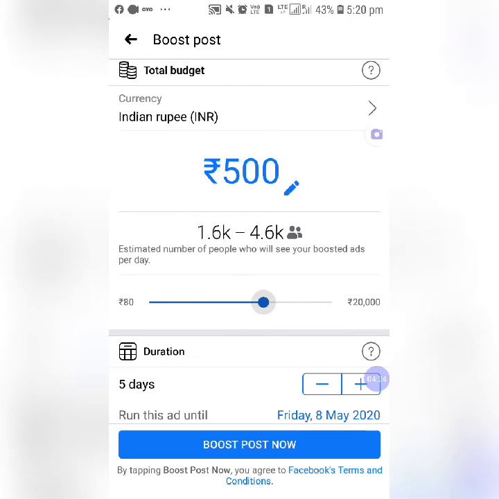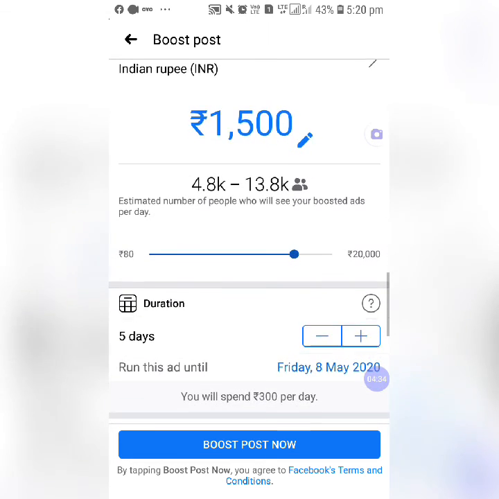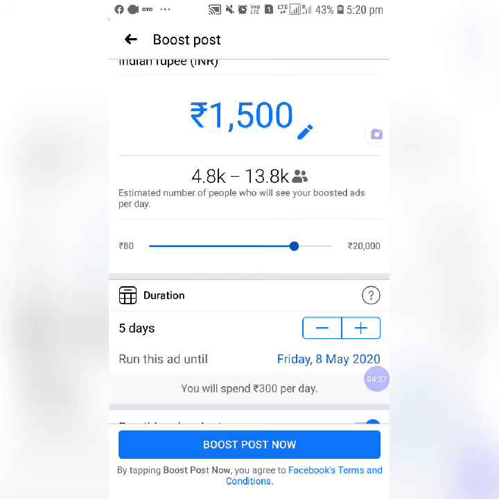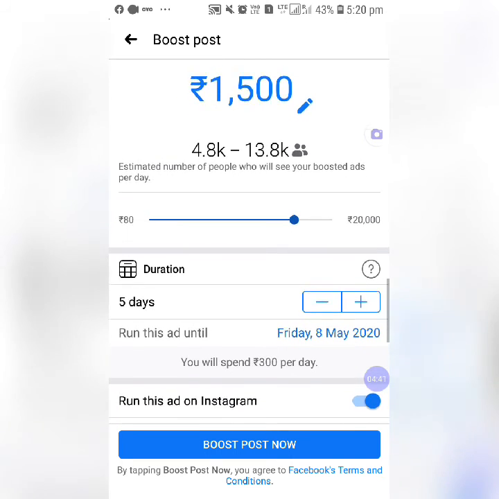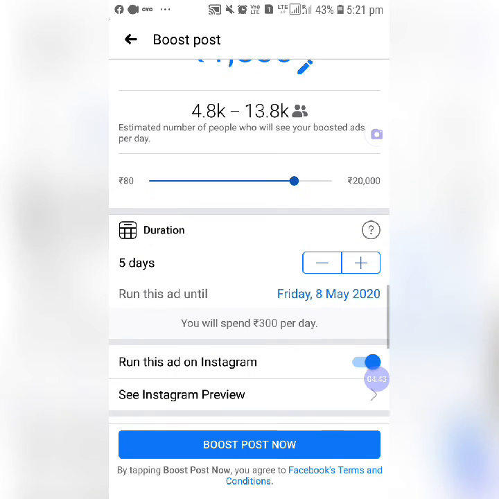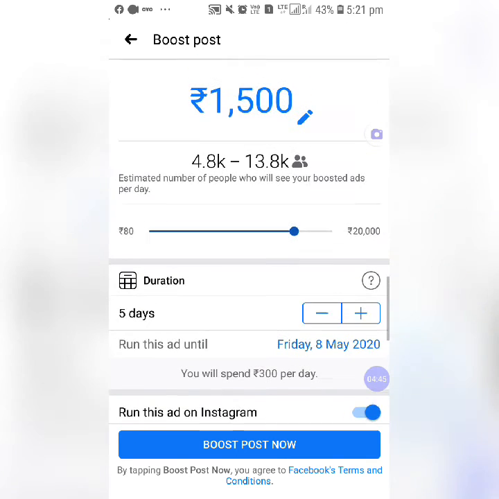If we go on increasing 1500 rupees we spend per day, that means 4.8 thousand to 13.8 thousand people our reach. Then we can increase the duration of the days as well.